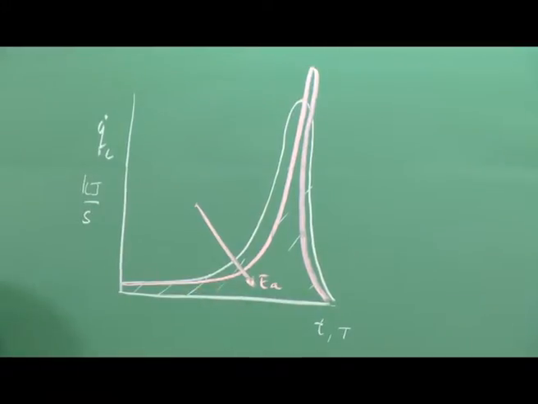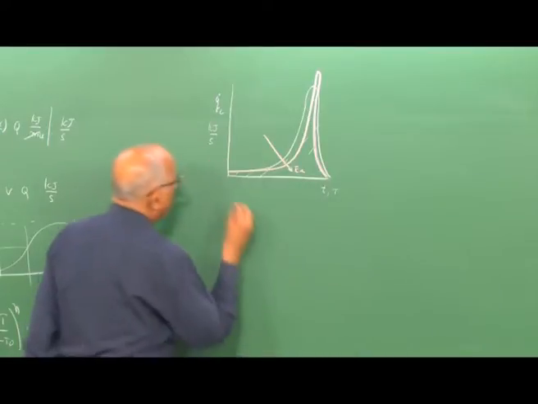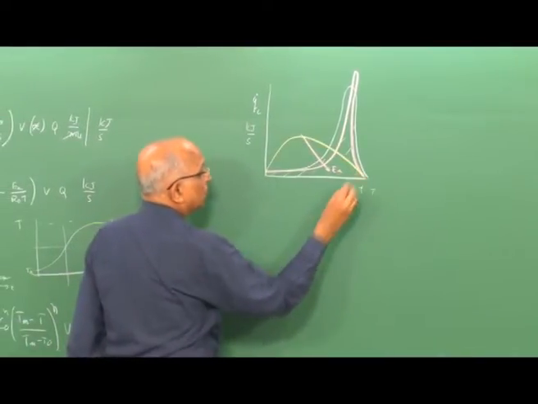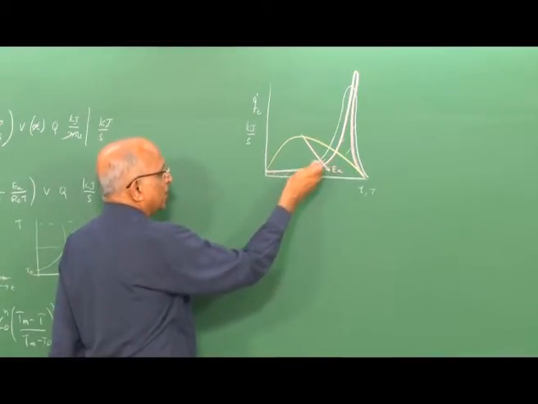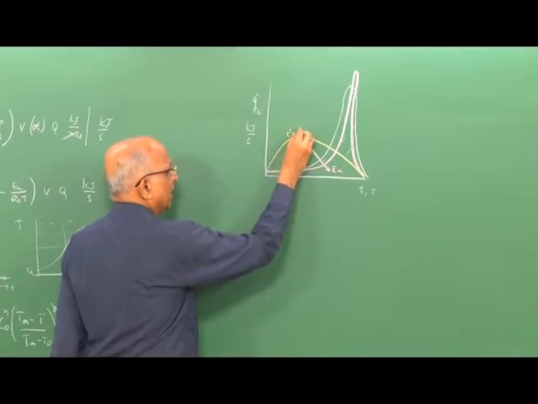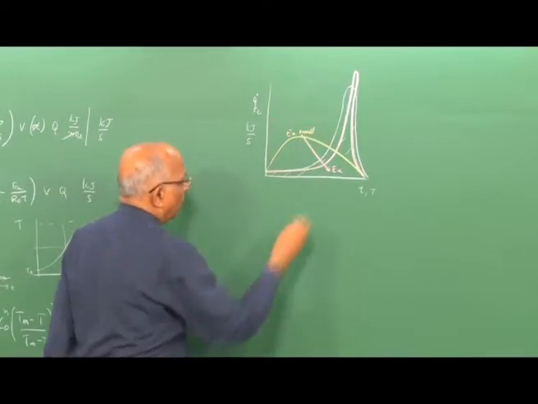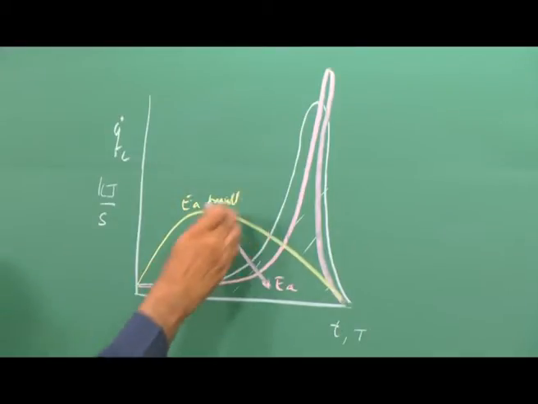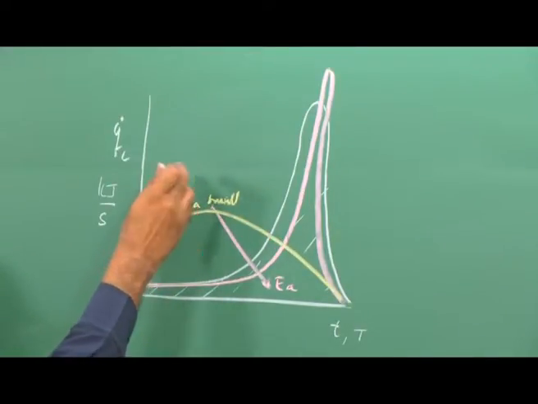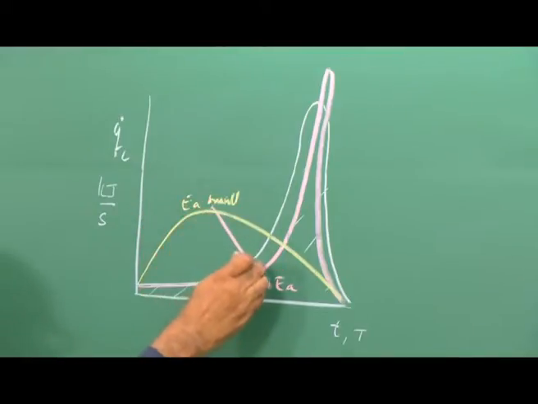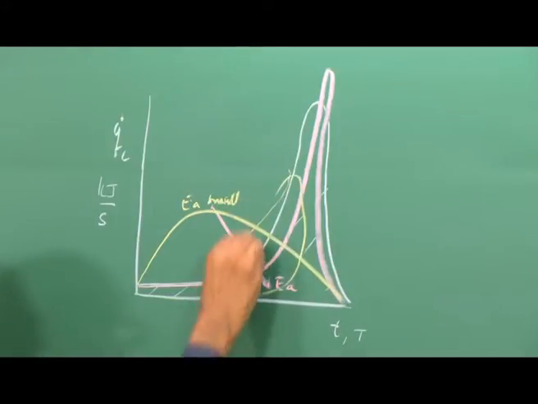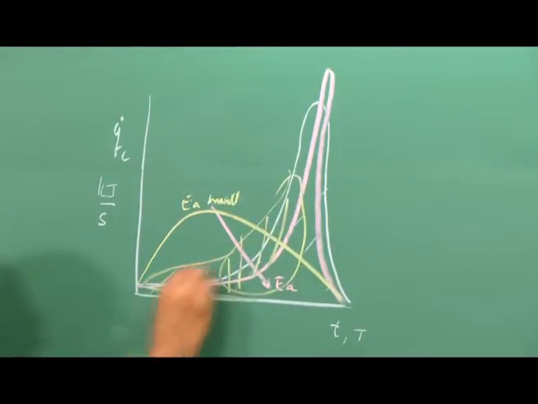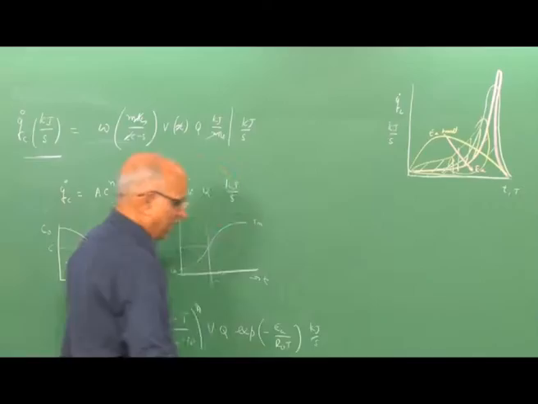This is what happens when the activation energy is large. If I have the activation energy to be very small, what happens? The energy could be released something like this, because it has to overcome a very small barrier, the activation energy is small, and this is, let us say, EA small. With this background, we are only interested in large values. I am not interested in the yellow line for which, like we say, phosphorus immediately burns. I am interested in explosives. Therefore, we will address the situation for EA to be large. That means we will be concentrating maybe in this particular zone for which EA is a large number. Therefore, let's now get going.